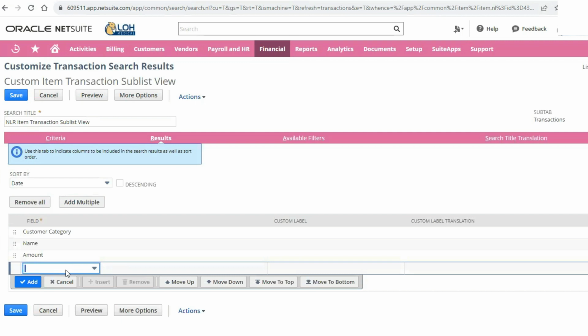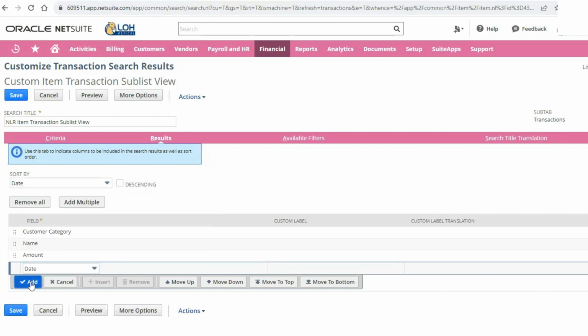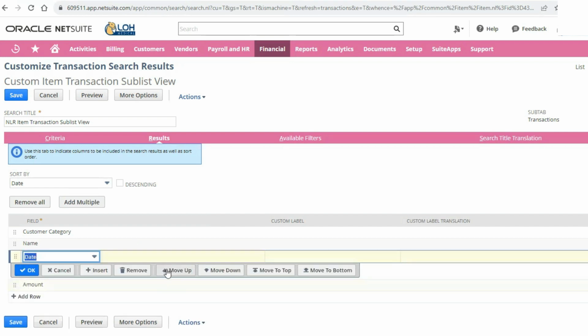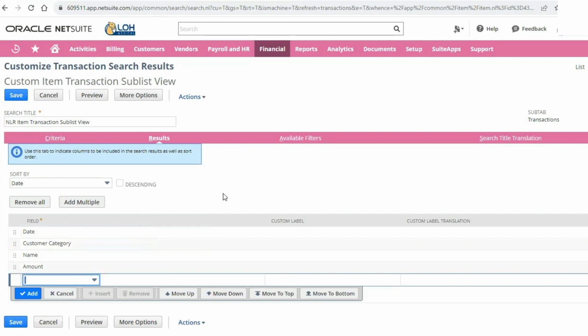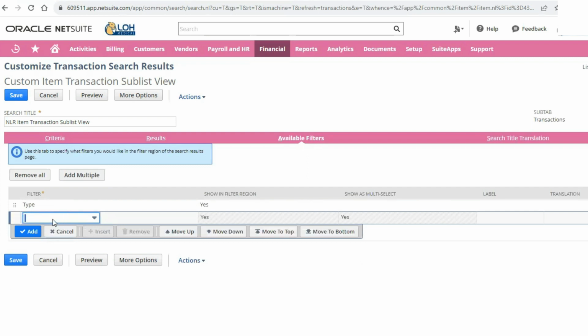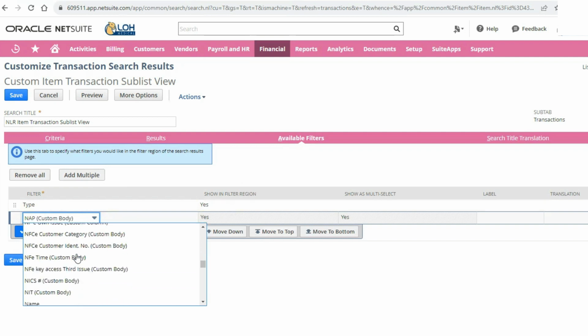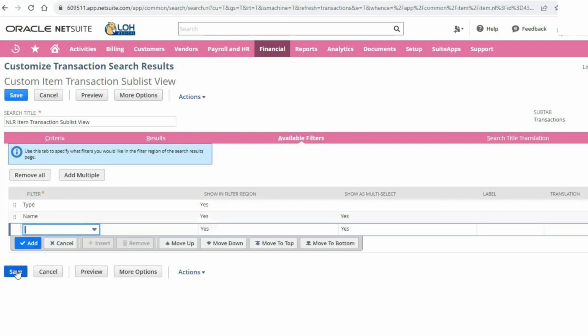I want to see how much we charged them. And then in filters, let's choose name.